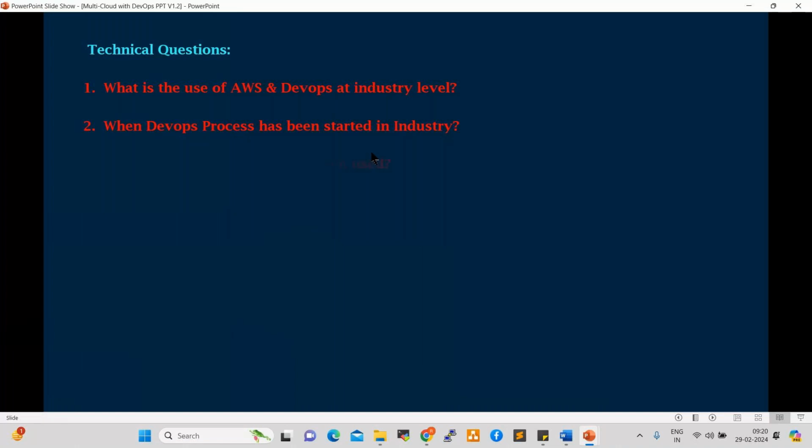Next question: in what business sectors is DevOps used? Not only the IT industry, every industry: pharma, chemical, medical, and automobile industry. Everywhere automation is the number one choice. My colleague is working with Airbus, they're using Kubernetes.